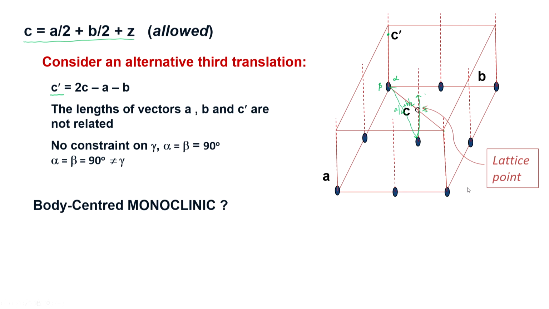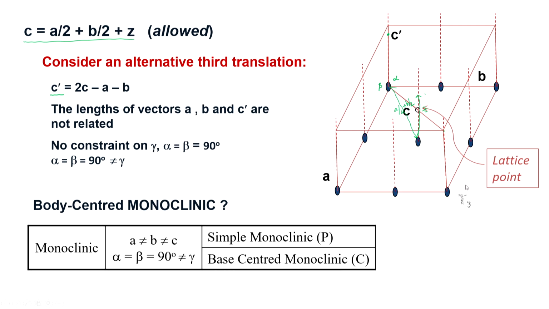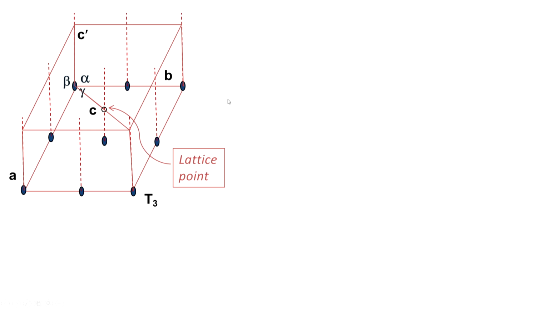However, if I look at the list of Bravais lattices, one will find that the only two lattices present in the monoclinic crystal system are simple monoclinic and base centered monoclinic. Hence, what do I do with this? Well, let us make a little construction. So, we have this body centered monoclinic. Let us take a projection, because I am going to draw a two-dimensional construction that is easier to draw. So, let us take a projection along the z axis, along the vertical axis.